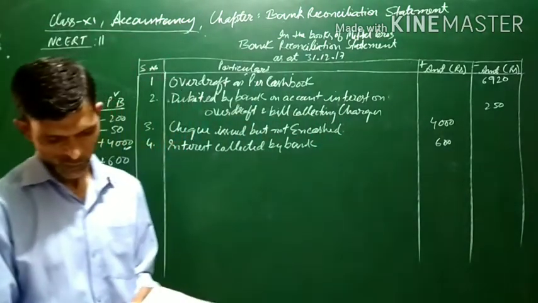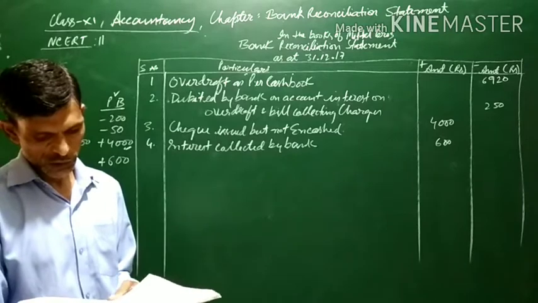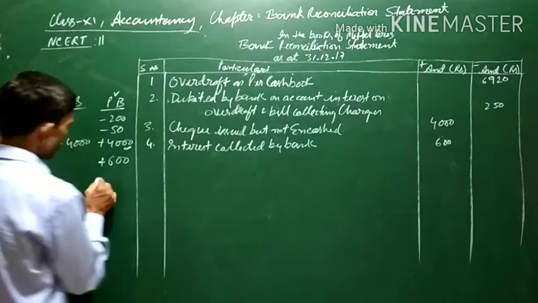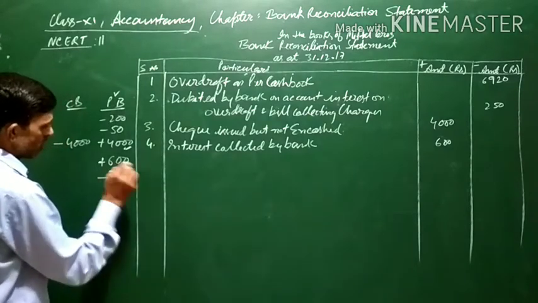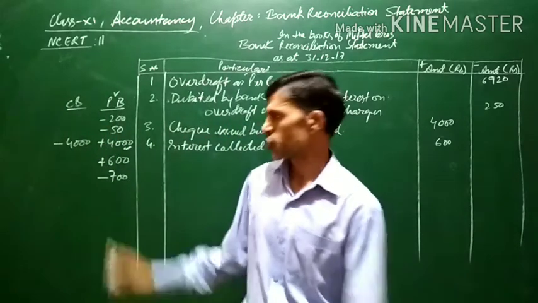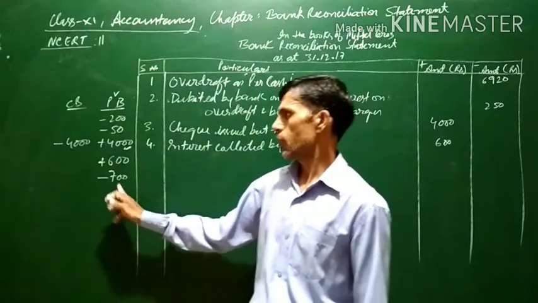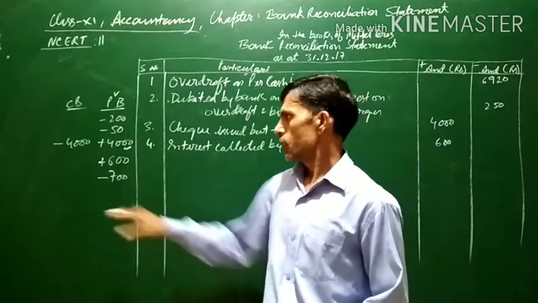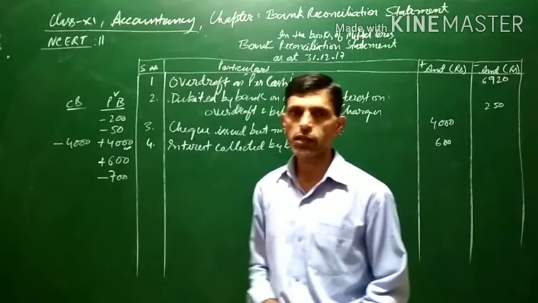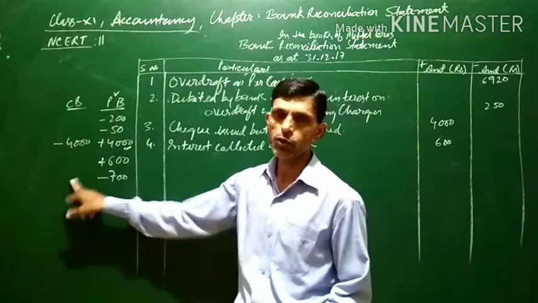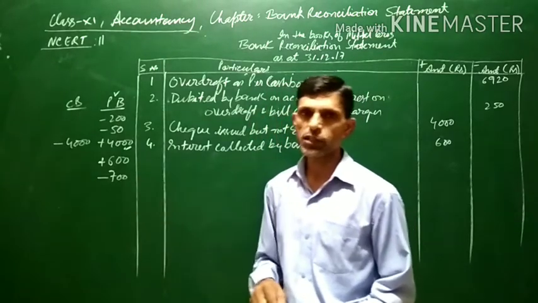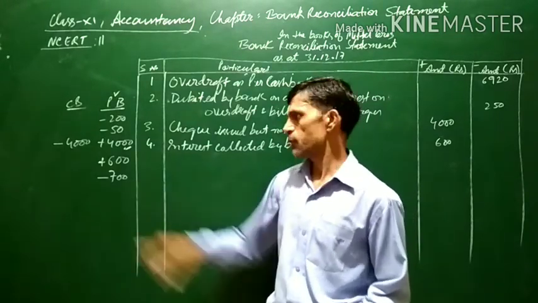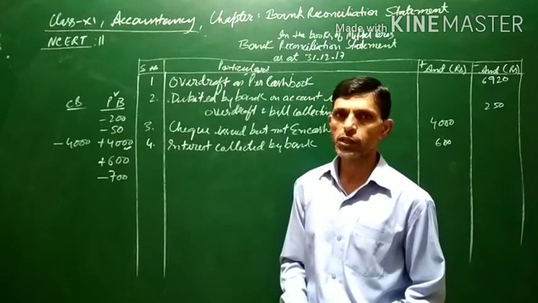Now next is the bill receivable of 700 previously discounted with the bank, which has been dishonored and debited in the passbook. Debit means there is a deduction reflecting in the passbook because the bill has been dishonored. Since this dishonor is not recorded in the cash book, the lesser balance of 700 will be reflecting in the passbook only.